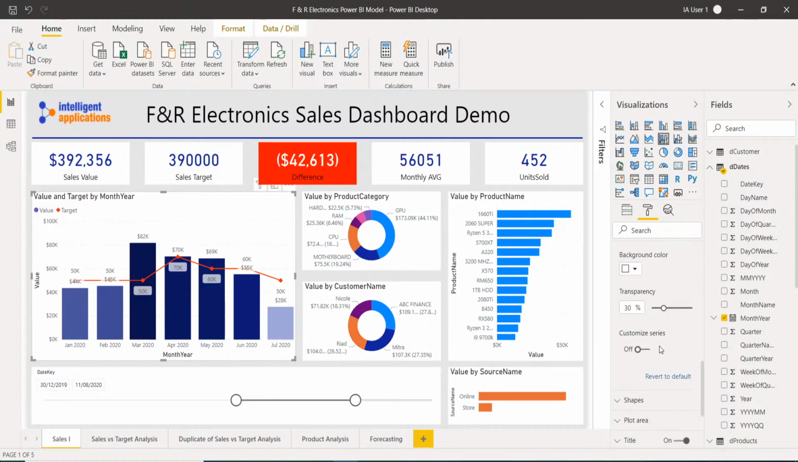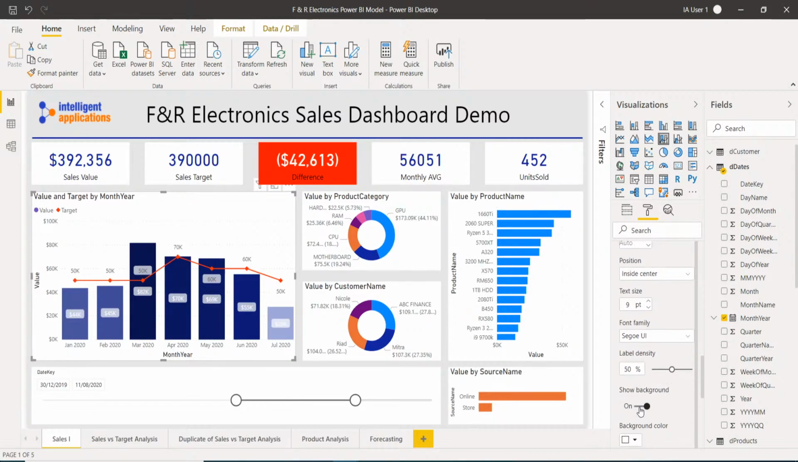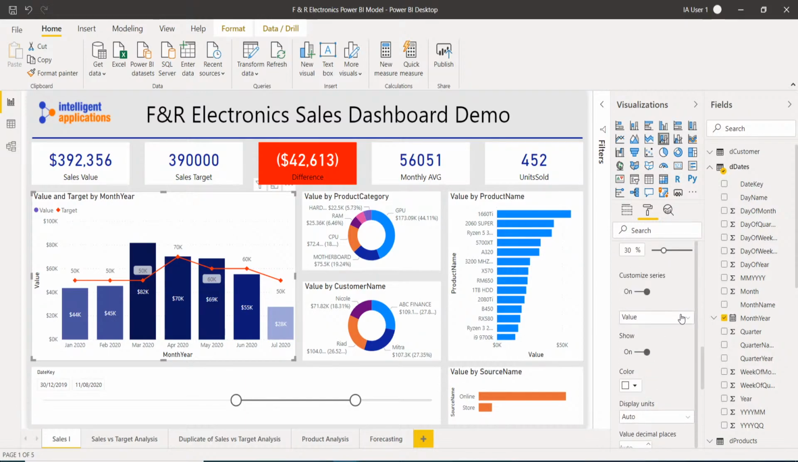For that, I would go into the customize series, enable that. This gives us the option to format the line graph labels separately from the column values. All right, so we're on the value target right now, and we could say let this be white, and the position could be inside center of the bars, and we can take off the background. Right, so here we can clearly see the bar values, and then I would just switch our series that we're formatting to target,